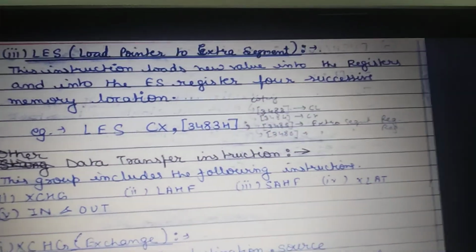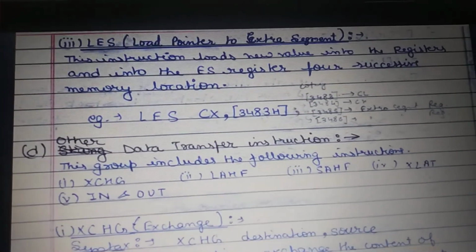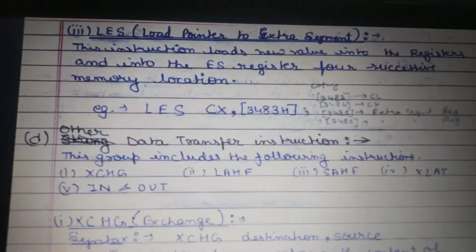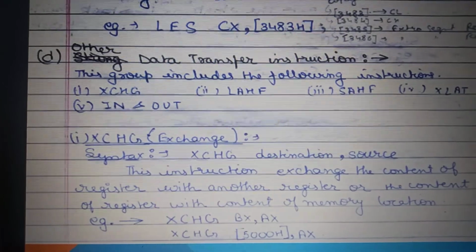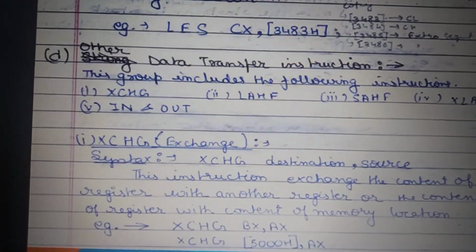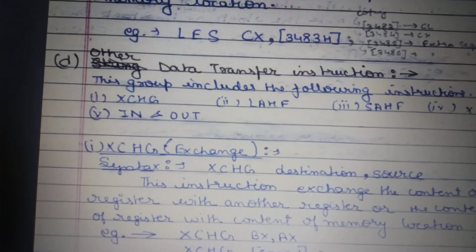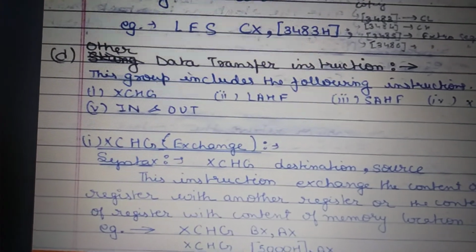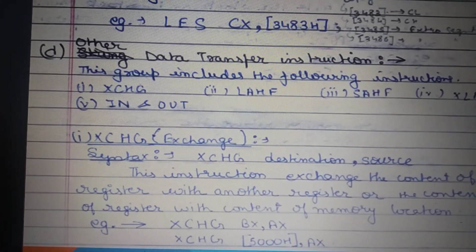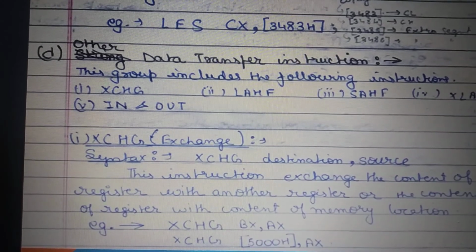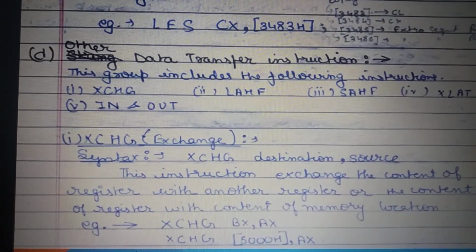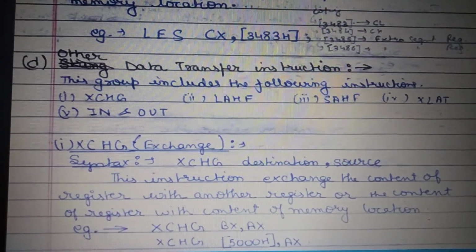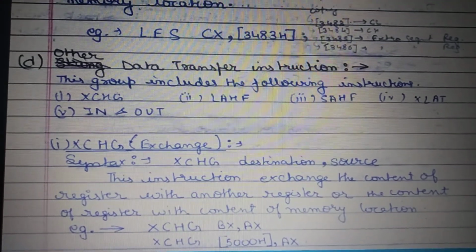Okay. Now we will discuss some other extra data transfer instructions like XCHG, LAHF, SAHF, XLAT, IN and OUT. What is the use of the XCHG instruction? It has been discussed earlier in the architecture part of 8086, where I discussed the use of the temporary register in the execution unit. The XCHG instruction is used for exchange of data between two registers. The format of this instruction is XCHG destination, source. So what will happen when this instruction is executed?